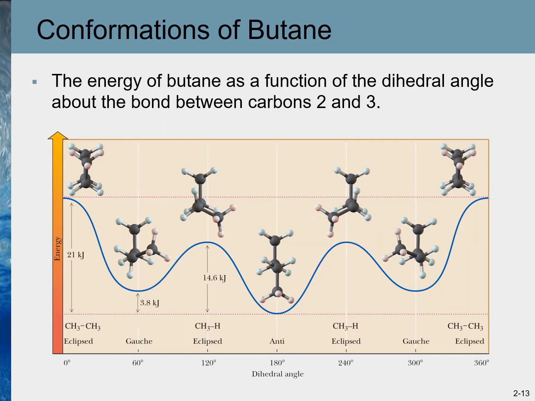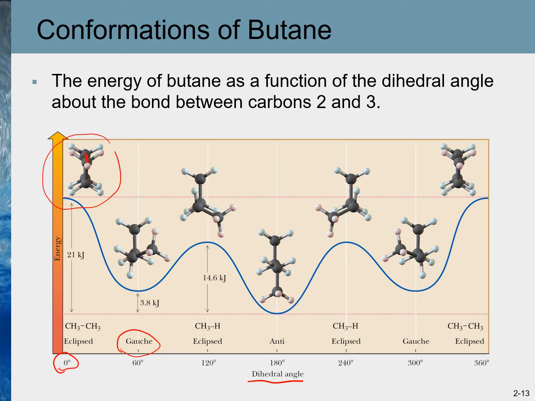This figure shows us the energy of conformations of butane as a function of dihedral angle. As we can see, if the angle is 0 degrees, that's the most unstable eclipse conformation in which the methyl groups are right behind each other. So this conformation has maximum strain, hence it has maximum energy also. And the rotation about the carbon-carbon single bond of 60 degrees will bring this to a Gauche conformation. It's relatively more stable than eclipse, and a further rotation